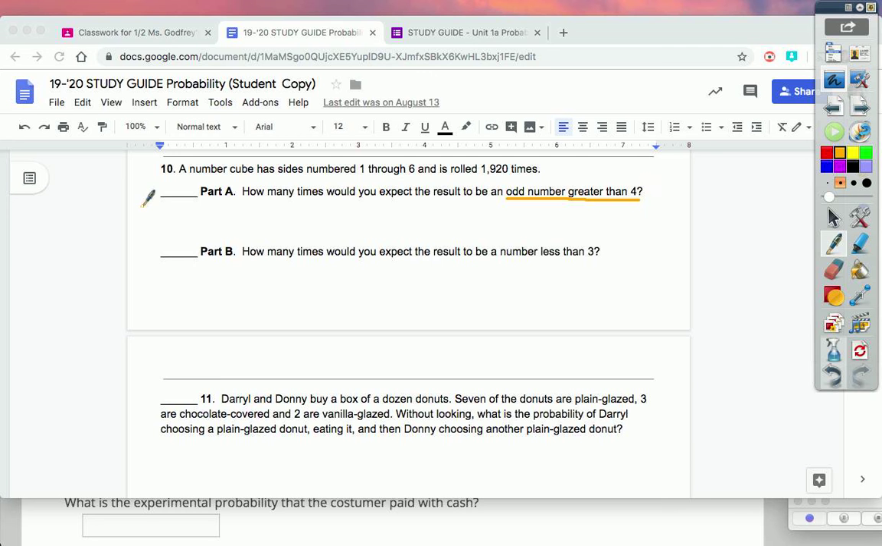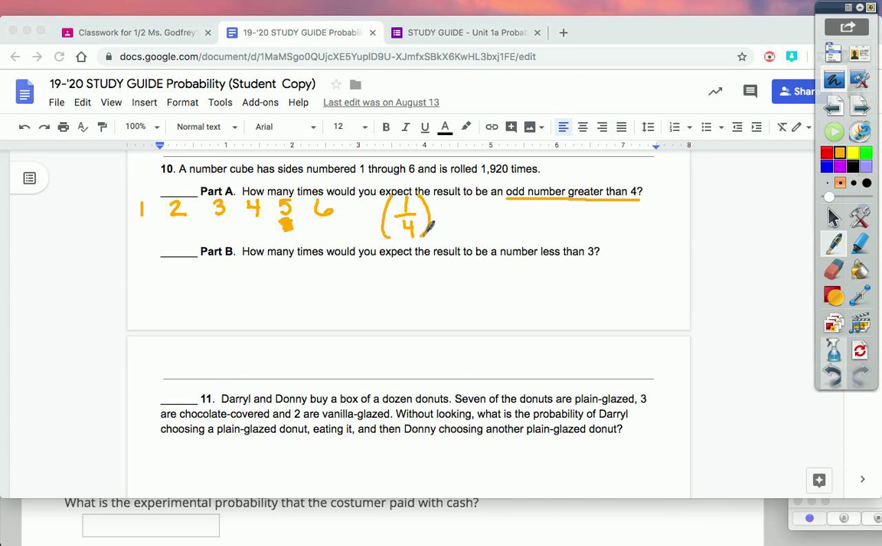So some of us struggle with knowing the numbers that are on a cube. Take out the time to write them down: 1, 2, 3, 4, 5, 6. Odd numbers greater than 4. We only have one odd number that is greater than 4. That's 5. So the experimental probability of getting an odd number greater than 4 is 1 out of